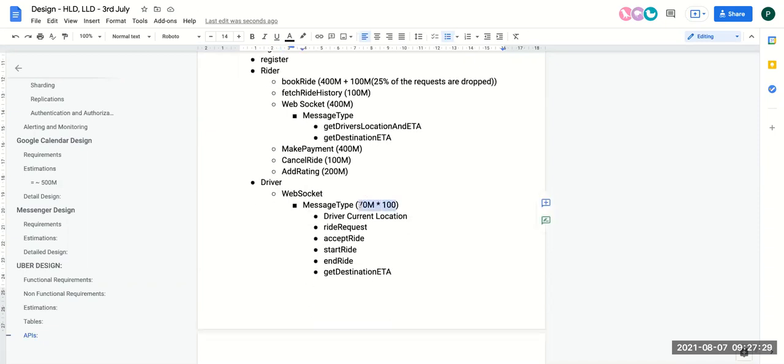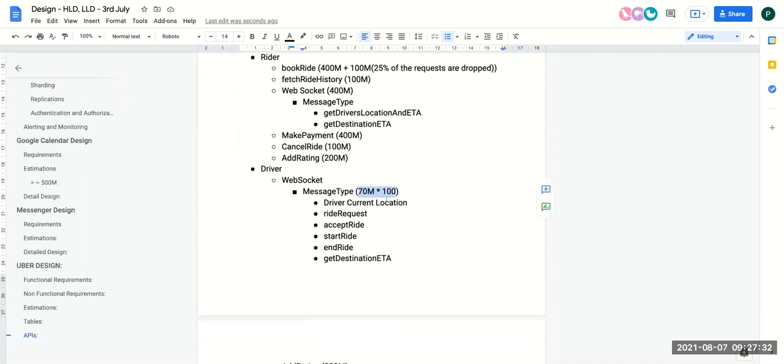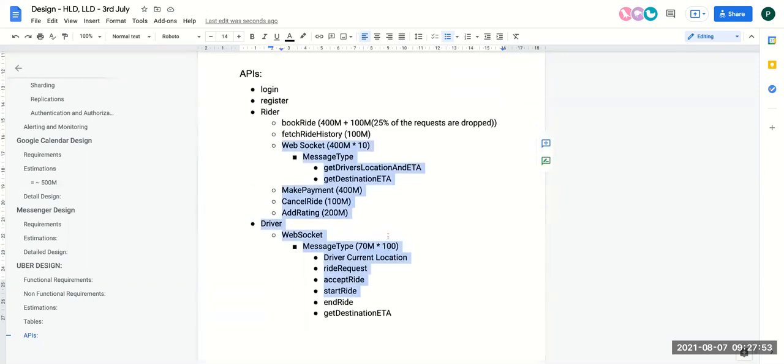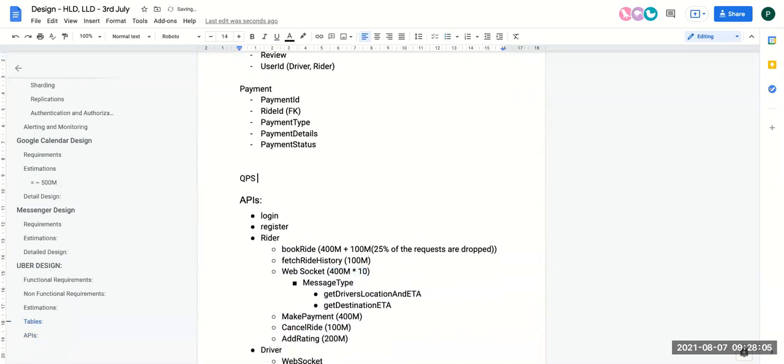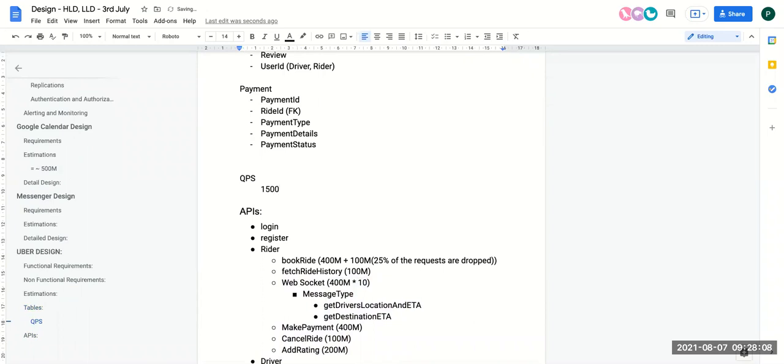And this is 70 million into 100, I'm saying. So, okay, WebSocket connections, sorry, this will be 400 million, where each user will actually open 10 times. This will become 4000 million and this will be 7,000 million. So, I mean, most of these requests will be taken by the WebSocket connections itself, right? The rest can all be ignored. So can we say approximately this 7,000 plus 4,000, so 15,000 million requests you're getting in one day?